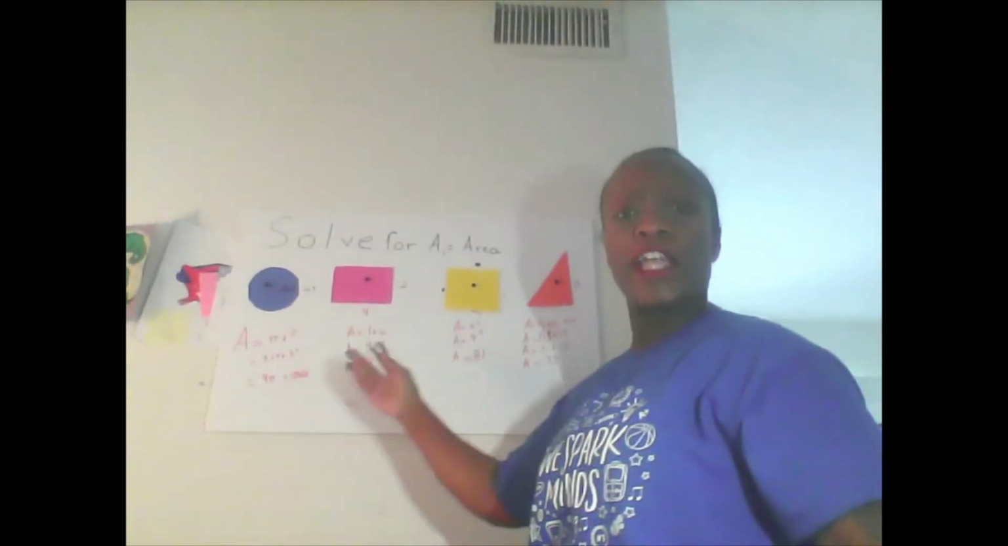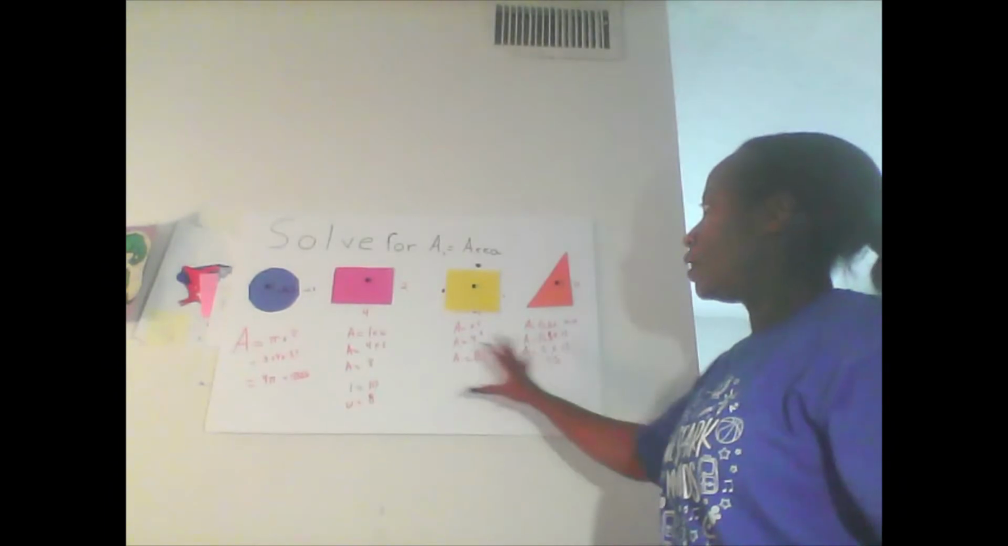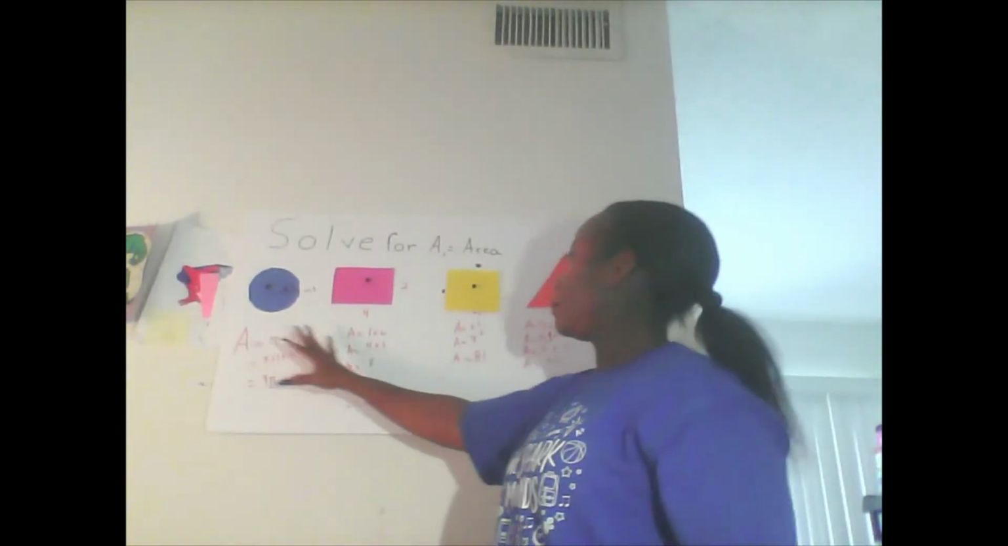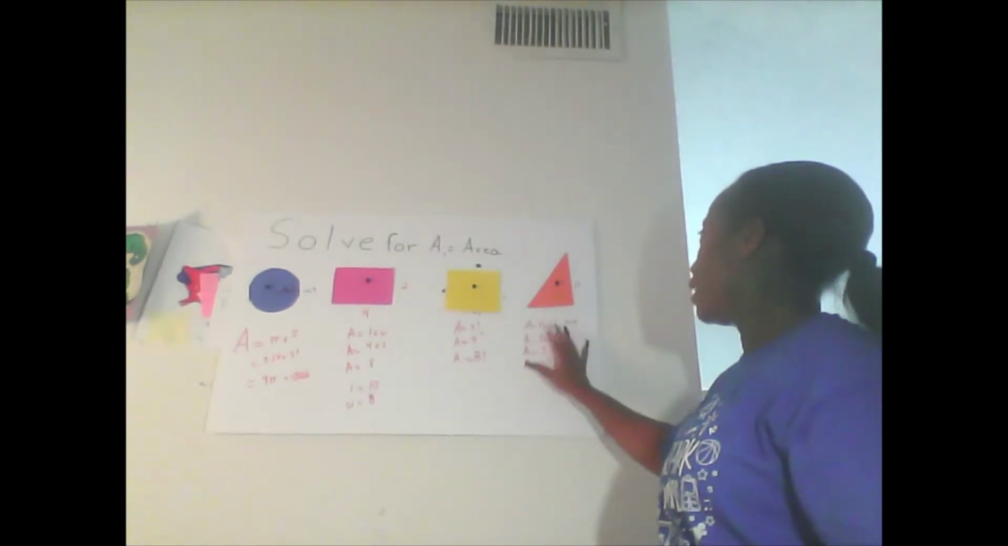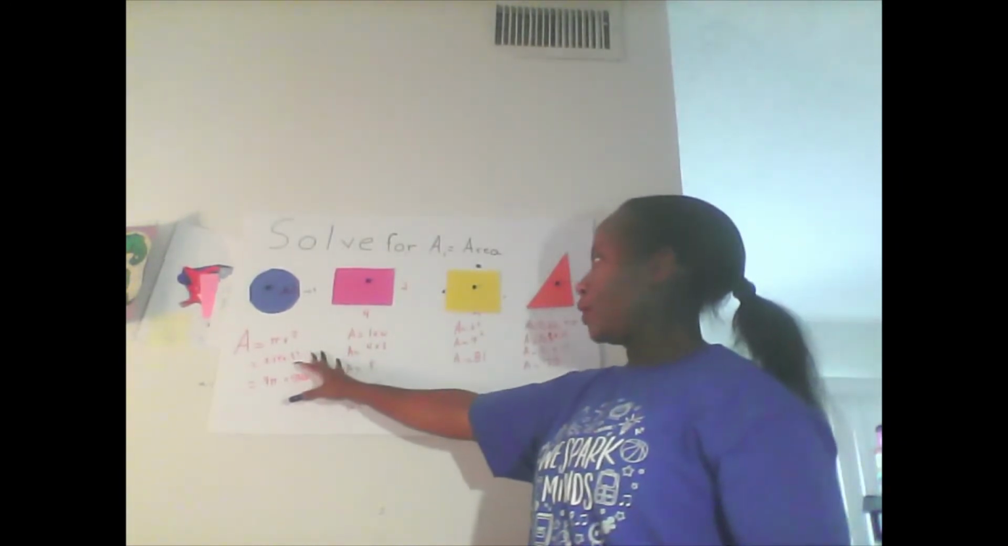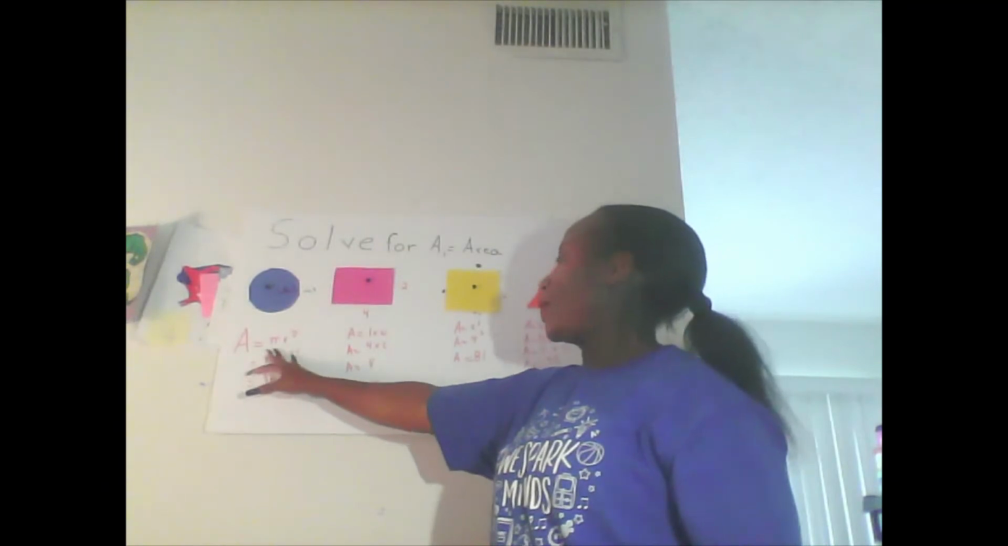Here are some examples of the area of a circle, area of a rectangle, area of a square, and area of a triangle. We'll go through each step by step. For area of a circle,